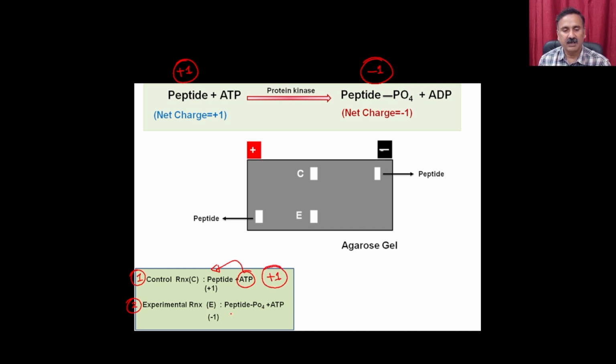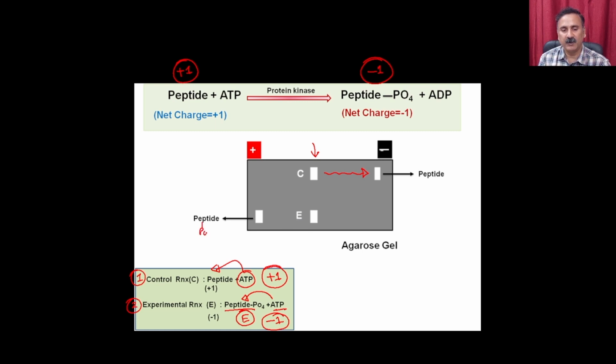Whereas in the experimental reaction, you are going to have the peptide plus ATP and the enzyme, right? So because you have the enzyme, there will be a transfer of the phosphate group from the ATP, and that's why here you're going to have the -1 charge. And then you're going to load these two in the middle of the agarose gel, right? So the control reaction, which is going to have the positively charged peptide molecule, will run towards the negative electrode, whereas the peptide from the experimental conditions